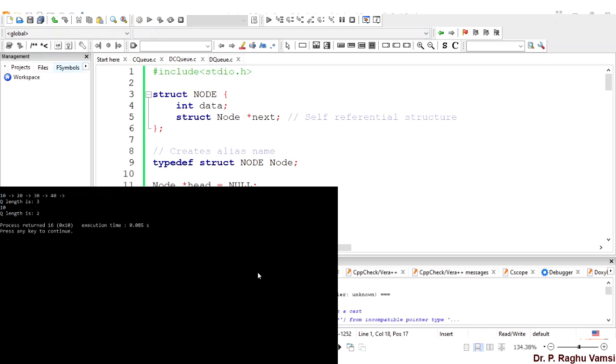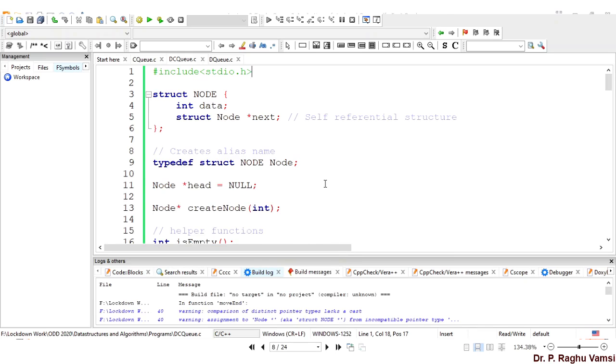So the same thing that we saw in the circular linked list, we got here also. So this is the circular queue implementation using the circular linked list concept.